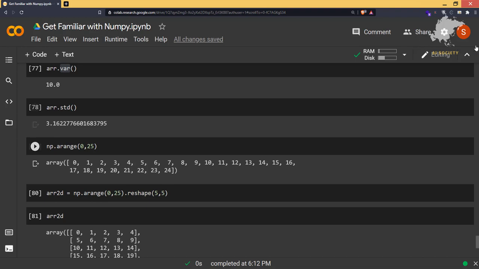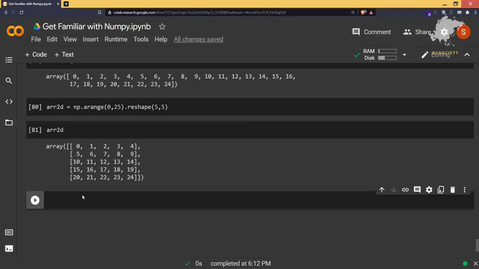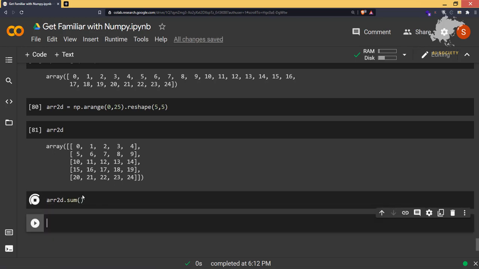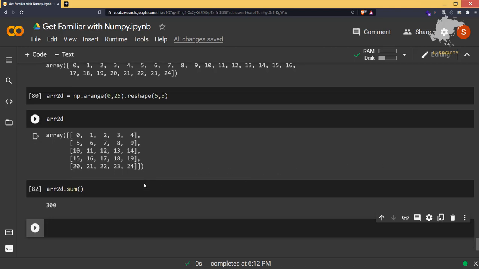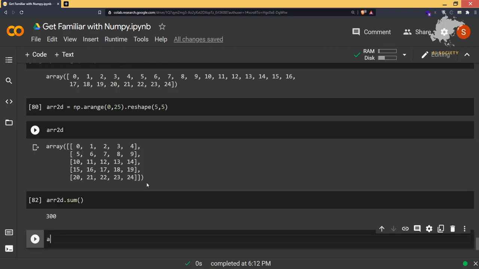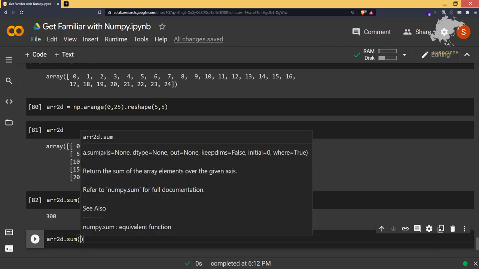Okay, so again, you can do the same things for your 2D arrays also. I'll say arr 2D sum, and if I calculate this, it is going to calculate the sum of it. Okay, and focus here, and just concentrate on what I'm going to say. If you say arr 2D sum, here we can give axis as a parameter also.